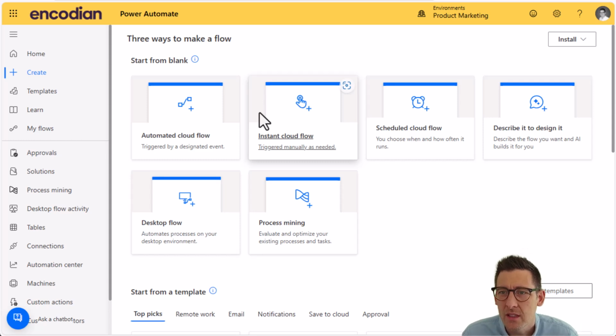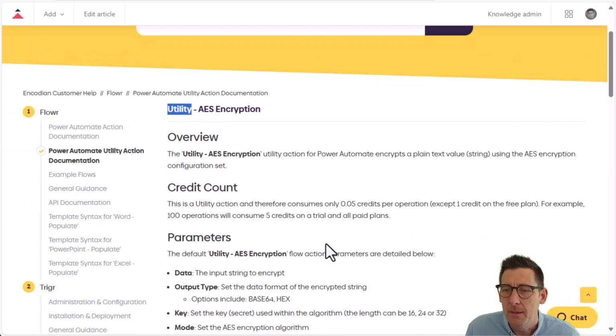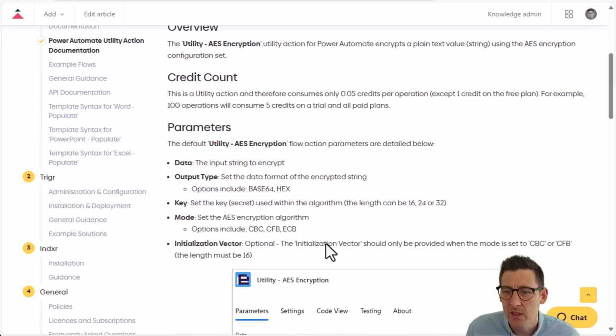So today we're going to continue our series on our utility actions and we're going to focus in on encrypting and decrypting data within Power Automate using our AES Encryption and AES Decryption utility actions. So having a quick look at the documentation, you'll see that the AES Encryption and decryption actions are found within our utility connector within Power Automate, and you can have a quick look at the parameters that we